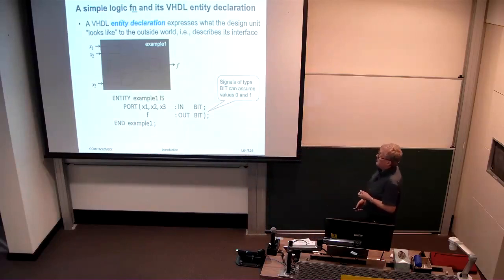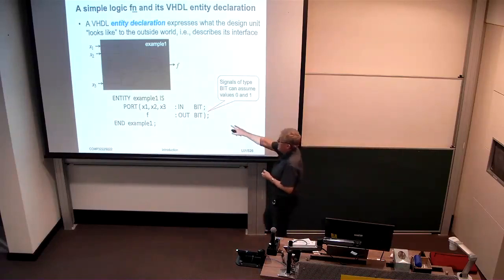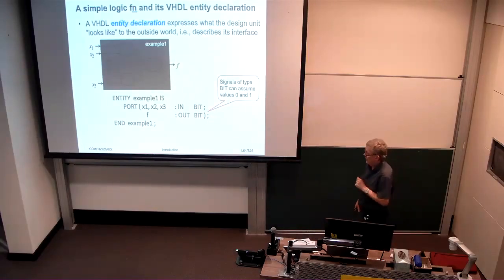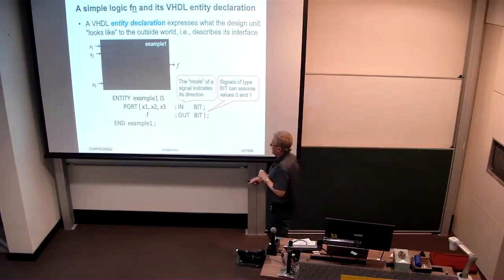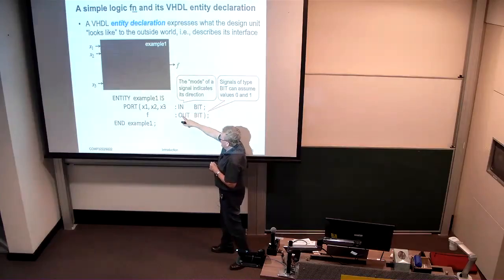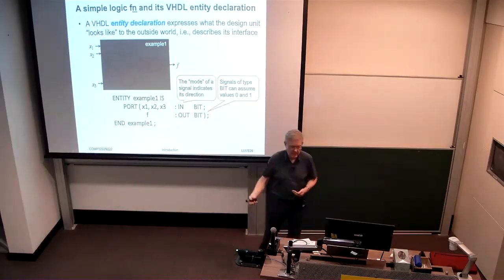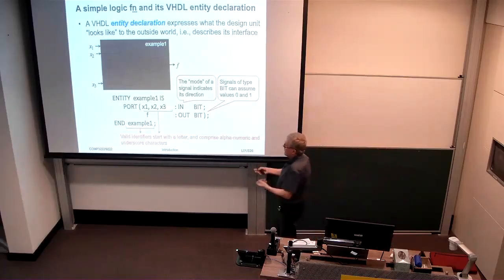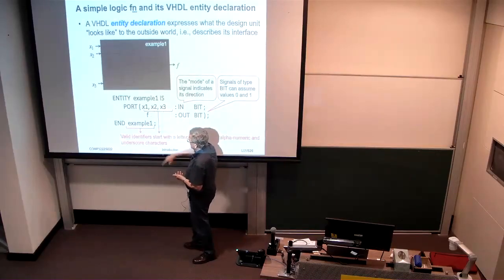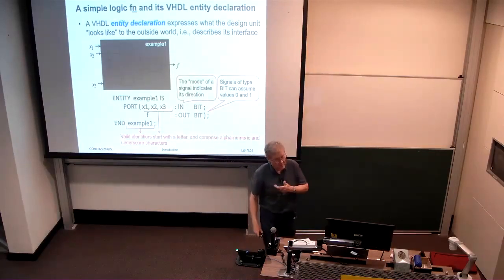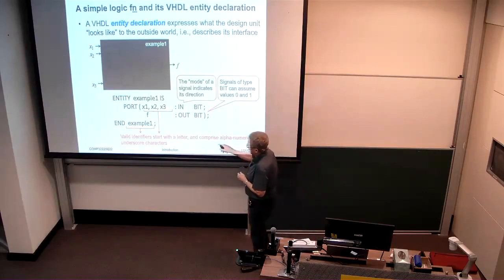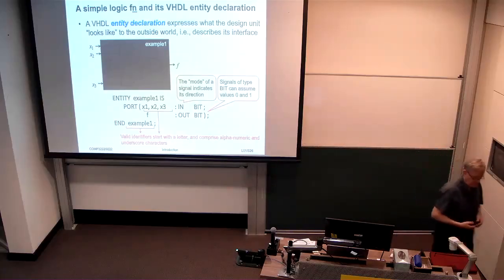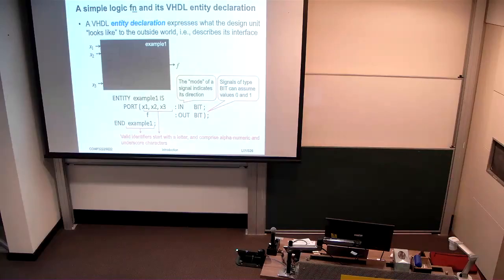Couple of points here. Signals of type bit here can only have a value 0 or 1, which is okay for today, but it won't last us very long. We'll have to be a bit more sophisticated shortly. There's a so-called mode associated with a signal. Is it an input or an output, or is it both? And there's something about the language itself. The identifiers that you use have to be alphanumeric. And you're allowed the underscore as well, and you have to start with a letter, effectively. Here the bit is a data type. Yes, the bit is a data type.